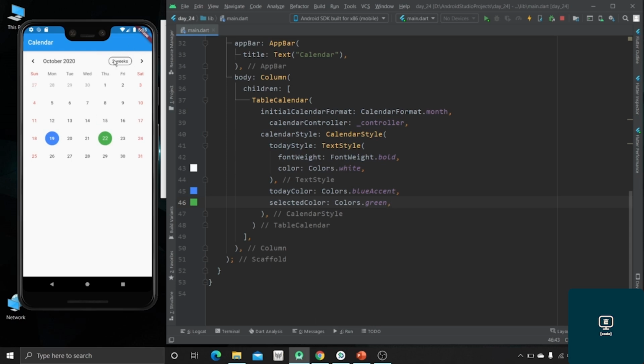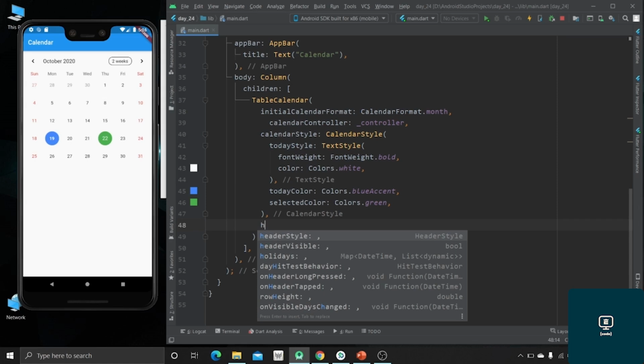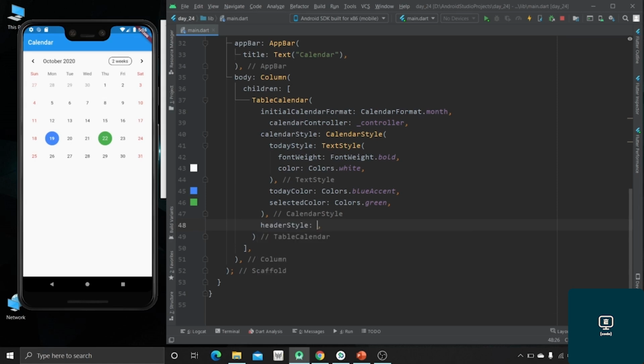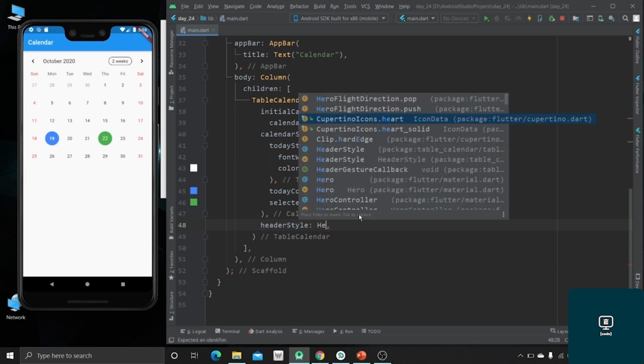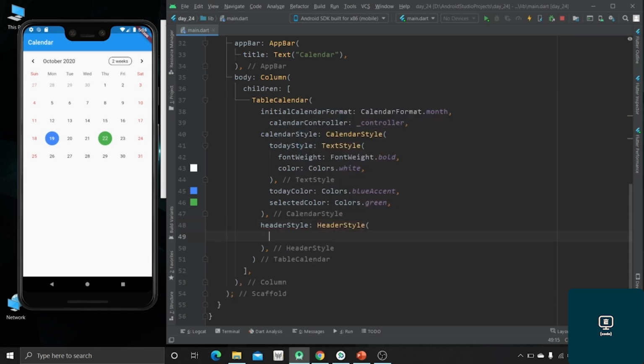Similarly, we can give some decoration to this header, this button, or we can give some styling to this whole header. So for that we can use the header property. So here is the header style property. We can also make the header visible like true or false, and we can use other properties also. So just let me use this header style, and we are going to use the header style widget, and inside this